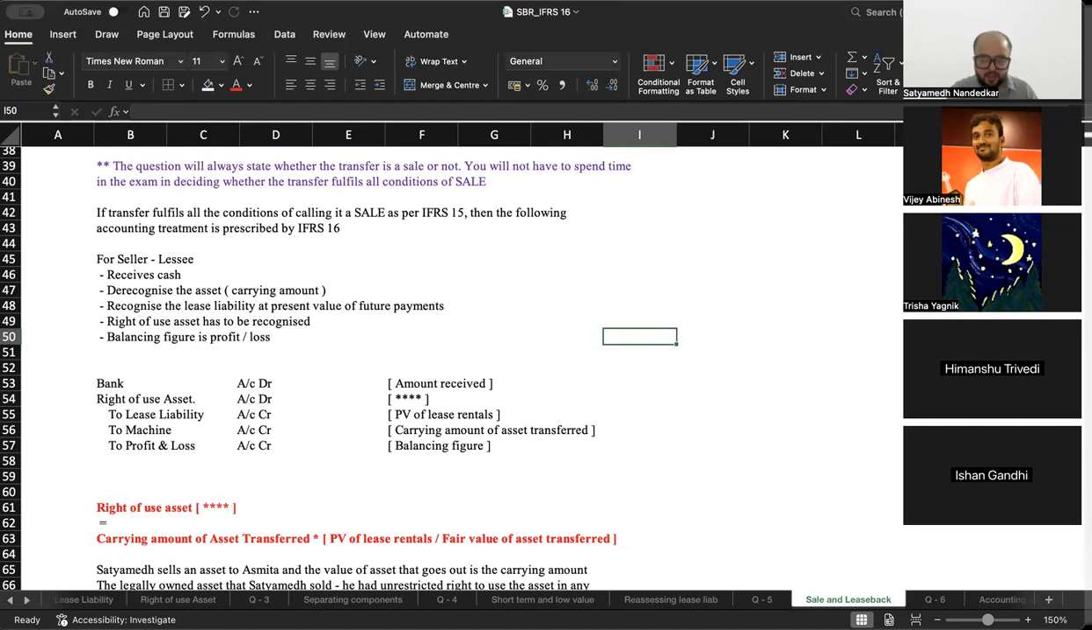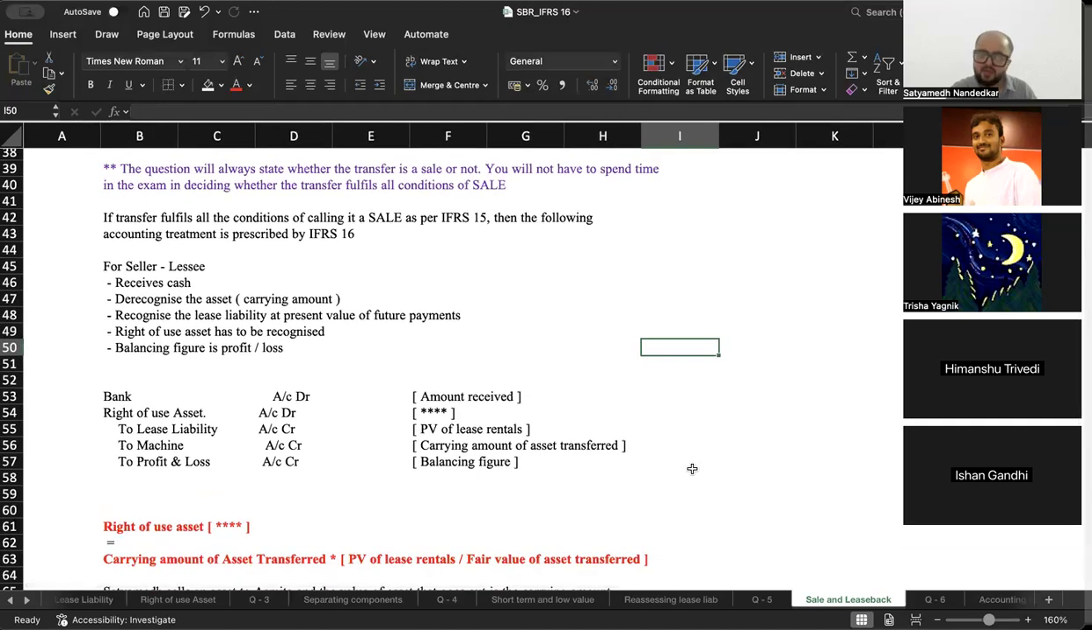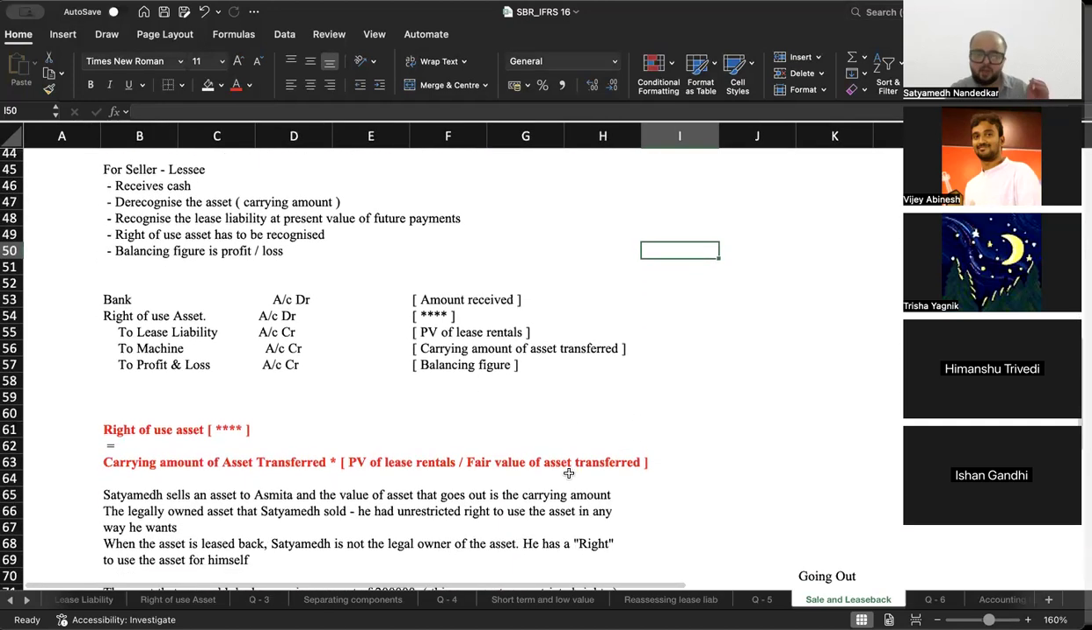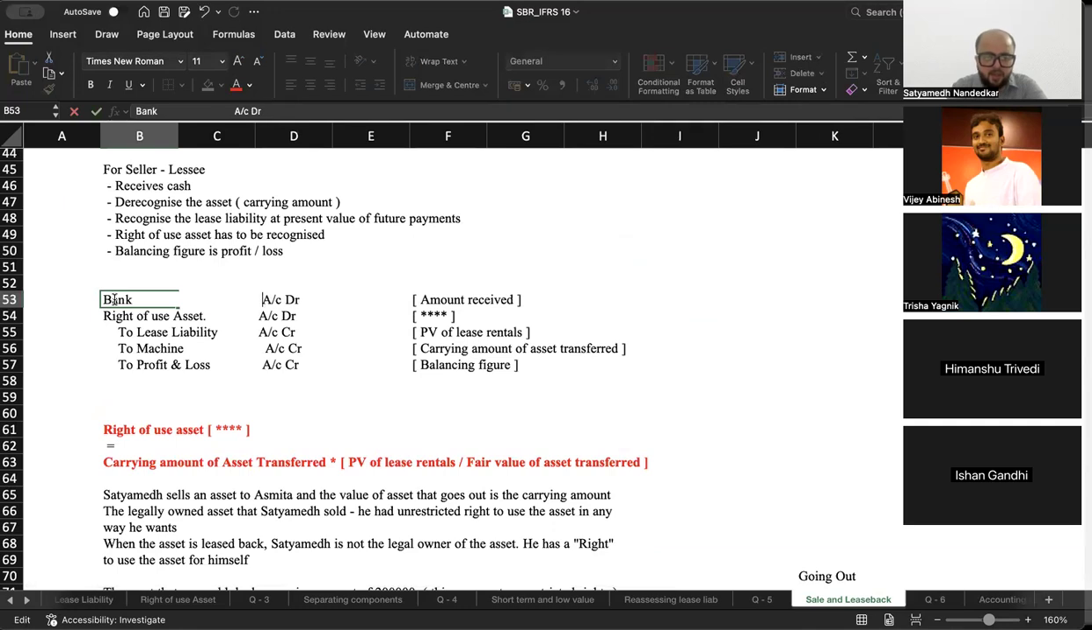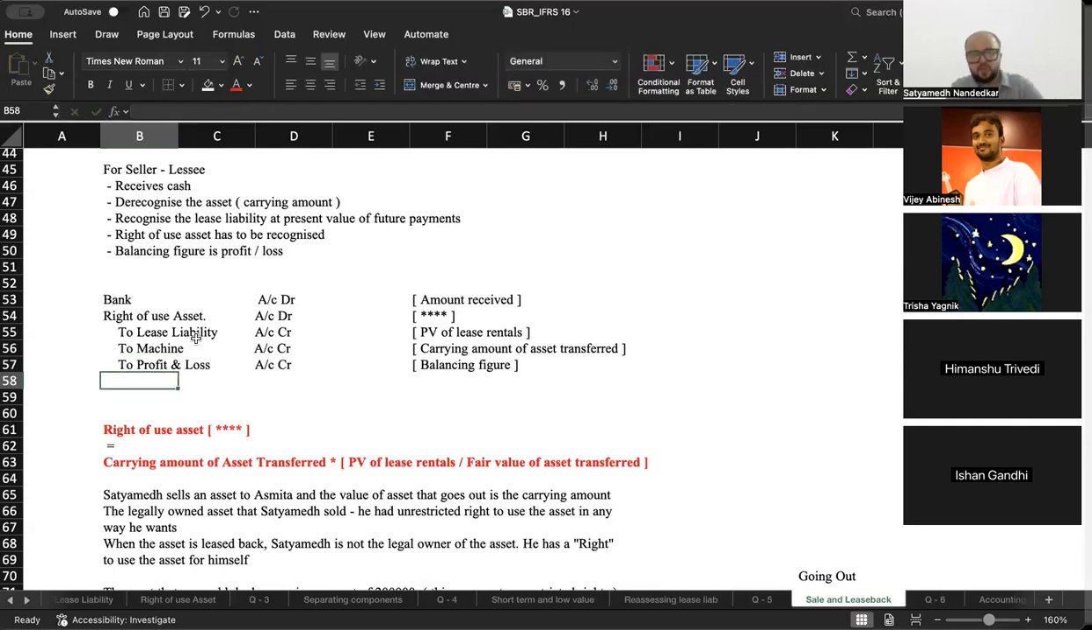Now at this point in time when you are less than a week away from your exams, आप learn करो what account gets debited with what amount. What does the bank account get debited with? The bank account gets debited with the amount received. ठीक है, lease liability gets credited with the present value of lease rentals. Okay, then machine account gets credited with carrying amount of the asset transferred, and P&L account gets,